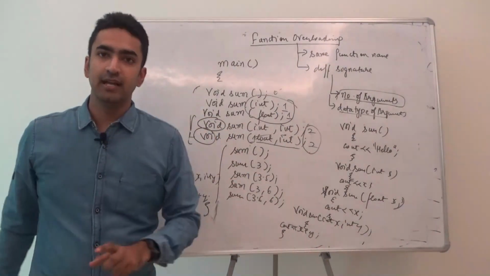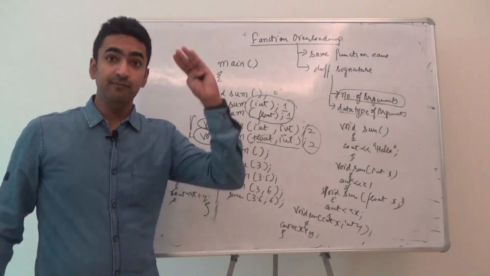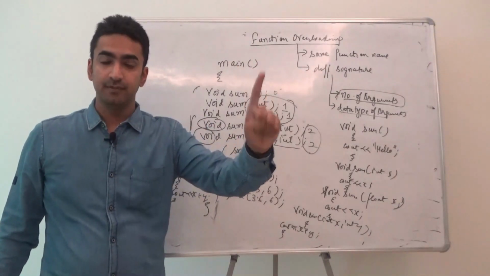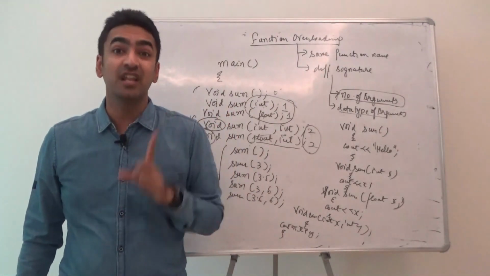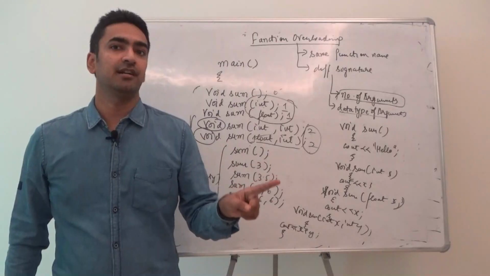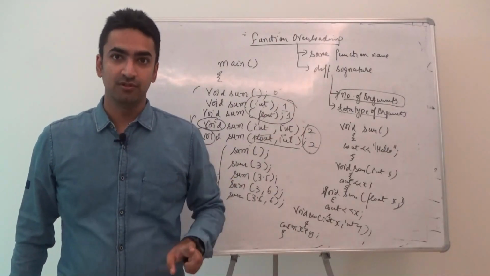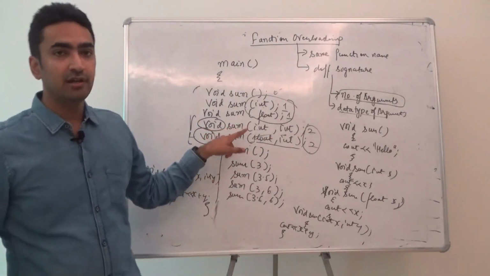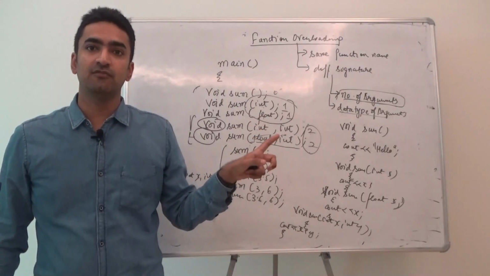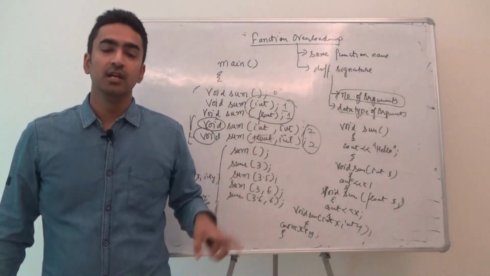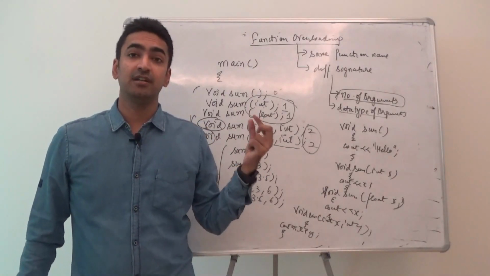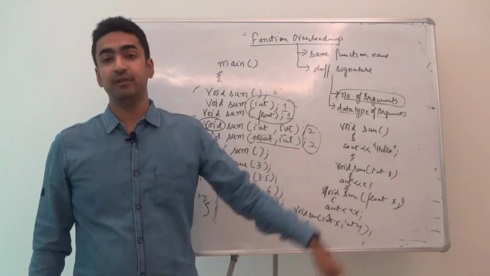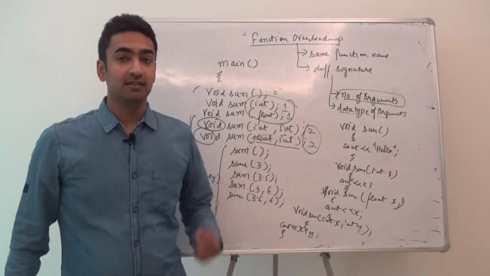So guys, these are the function definitions that we have written, and these are the function calls, and these are the function declarations. Same function name sum; the first has no argument, the second and third have one argument. Just check their data type, one is int, one is float. Over here two arguments for void sum int x int y and void sum float x float y, but float x int y has a different data type for float x and the previous had int x. This is how it works.